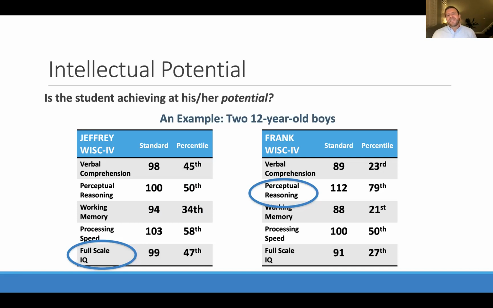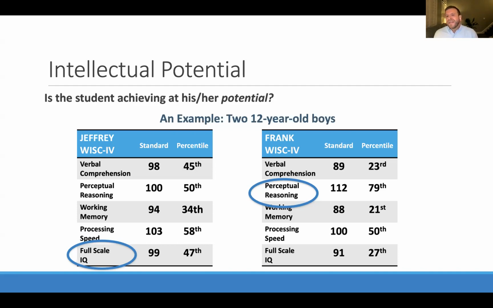And so what we see is these are examples of two 12-year-old boys, right? Jeffrey and Frank, right? Both given the WISC, and you can see already each of these sort of 4 domains and final score is actually made up of even more tests, right? But if we look on the left and we look at Jeffrey, we can see that in Jeffrey's case, percentiles kind of tell us a lot of those domains are quite similar. 25 to 75 on the percentiles, 25th to 75th is average. So we're really seeing pretty average performance across domains. And so in Jeffrey's case, that full scale IQ is a good estimate of that underlying intelligence.